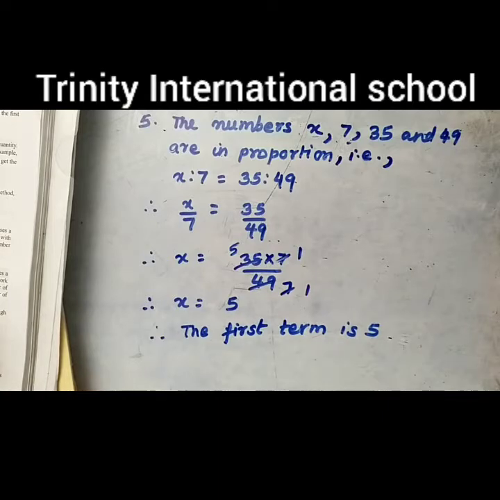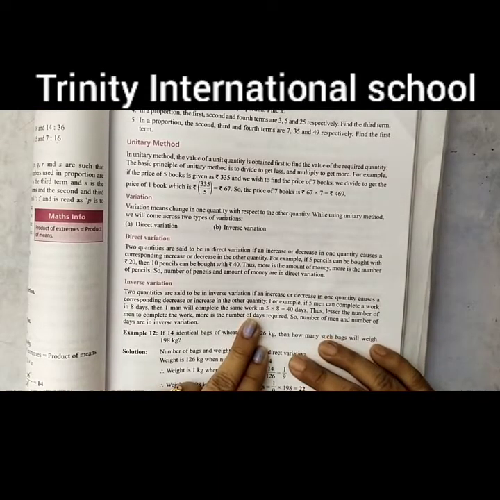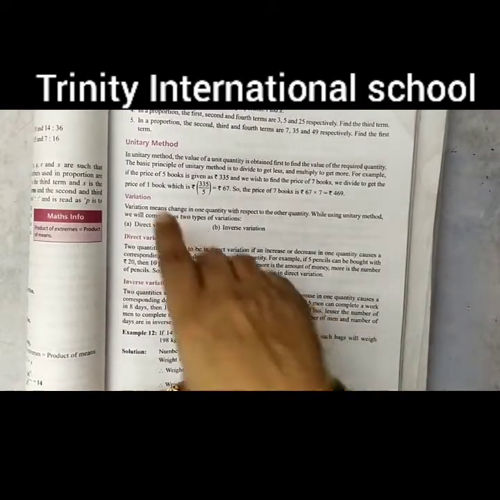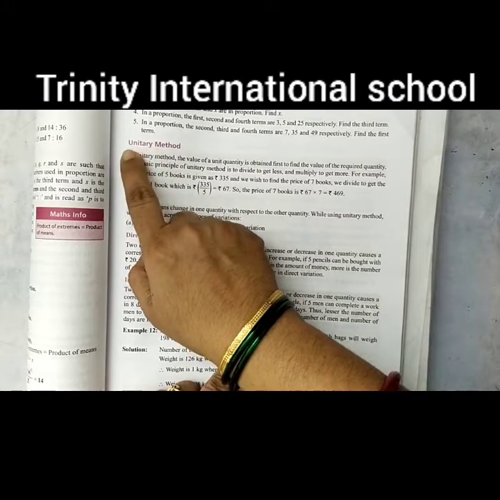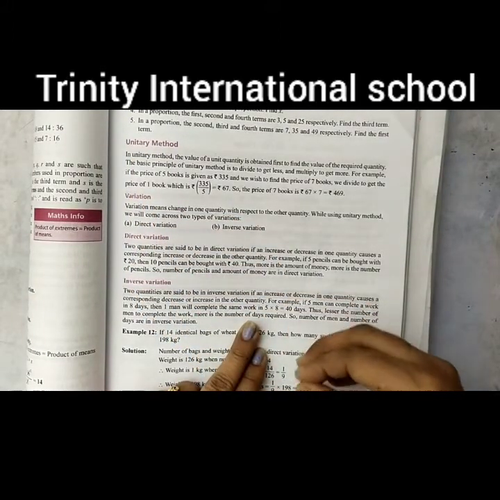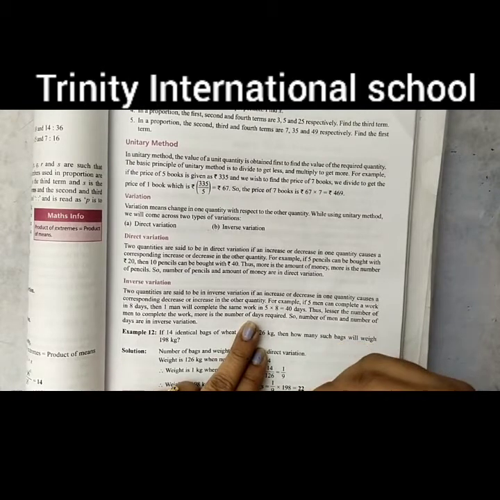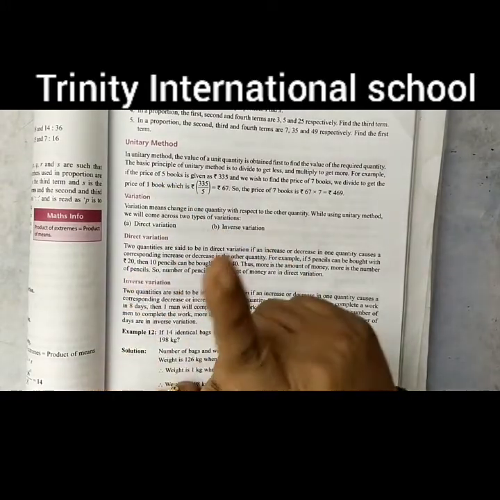So let us move to the next topic. Now the next topic is unitary method. So from the word itself, आपको मालूम पड़ रहा है यूनिट। यूनिट मतलब हमको हमेशा जो भी वैल्यू दिया रहेगा तो हमको सबसे पहले यूनिट का वैल्यू फाइंड आउट करना पड़ेगा। सो यूनिट का वैल्यू मतलब वन